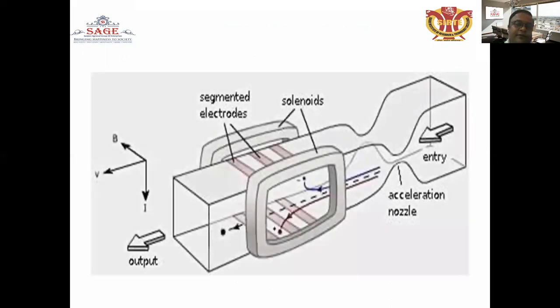So this is the diagram showing all the things, where segmented electrodes are used by the solenoid. The element uses segmented electrodes, and the flow is passing through this section from this side to this side, where the output is taken in the form of current, and the electrons or energy are collected from the output side section. In the accelerating zone section, by making a divergent section or a convergent divergent section, there will be acceleration of the fluid taking place.